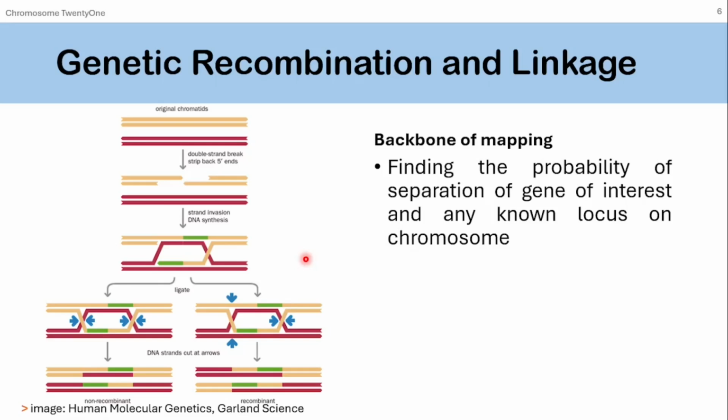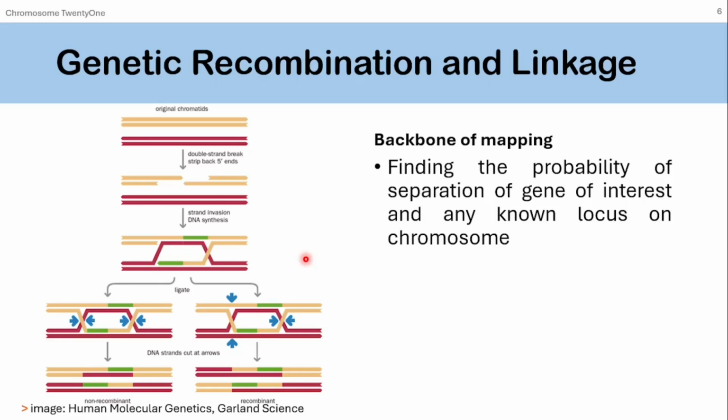Exactly like that, if genetic recombination is occurring in the chromosome, and the two points of interest are very far away, then there is a very high chance of recombination. If they are very adjacent to each other, there is a very low frequency of recombination. By observing this frequency of recombination, we can ultimately map where these two points lie, at least relative to each other. With that, we can move forward and understand where these two points are actually located